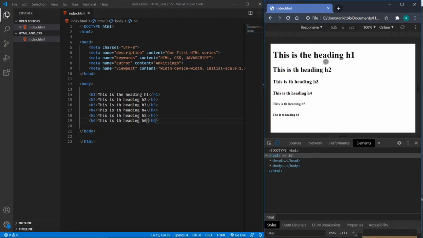As you can see on the browser, we have the headings ranging from H1 to H6. The reason behind having the ranges is they provide different browser styles.